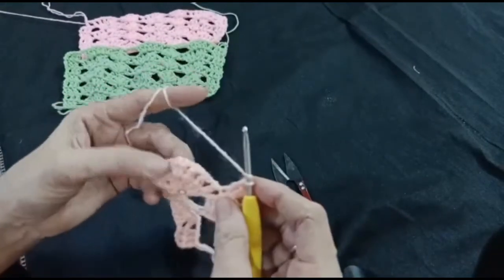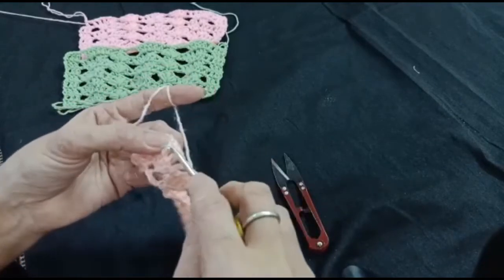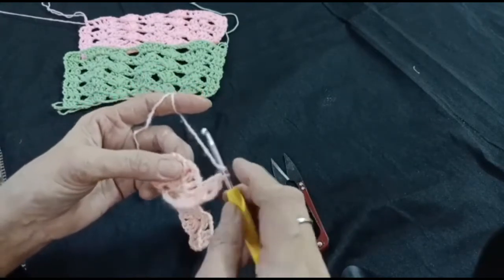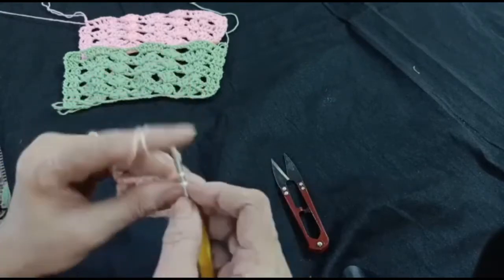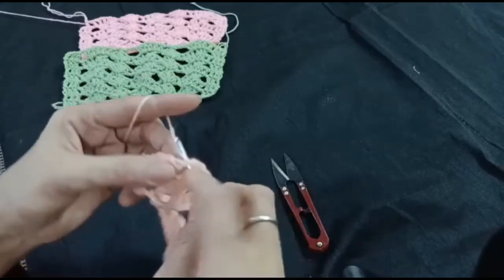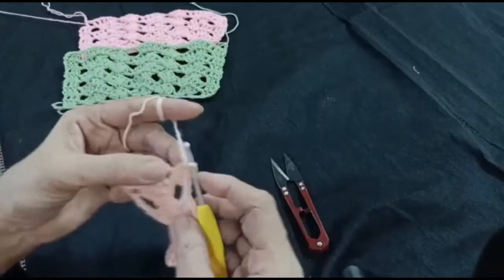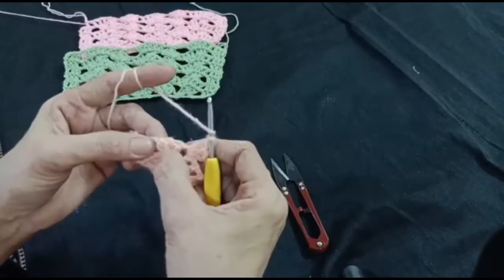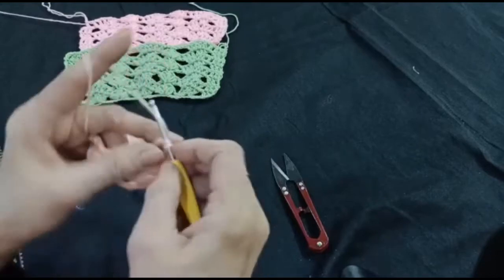Chain 1 into 1 chain space. After these 3 double crochet, in between I have 1 chain. After these 3, into the 1 chain space, make 3 double crochet. 1, 2, 3, chain 1, and over these 3 double crochet which I made continuously, make 1 double crochet between 1